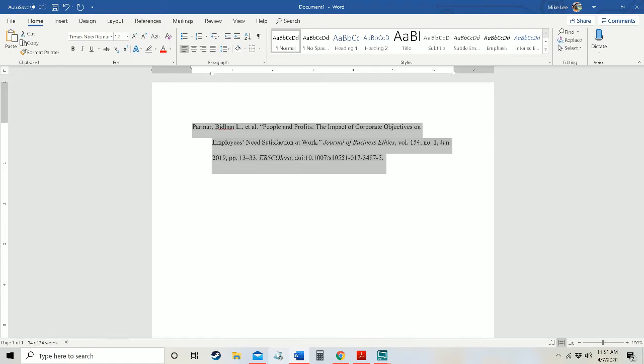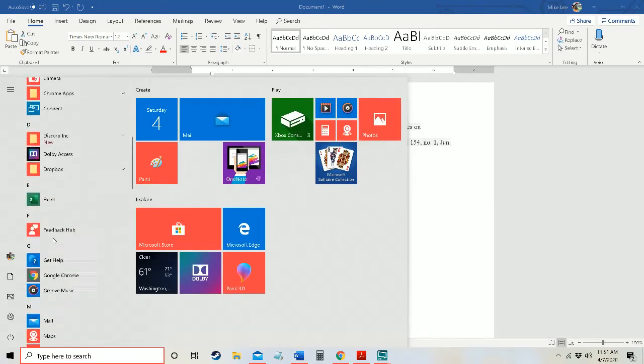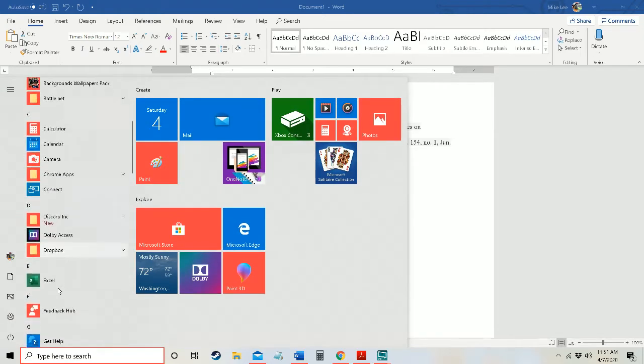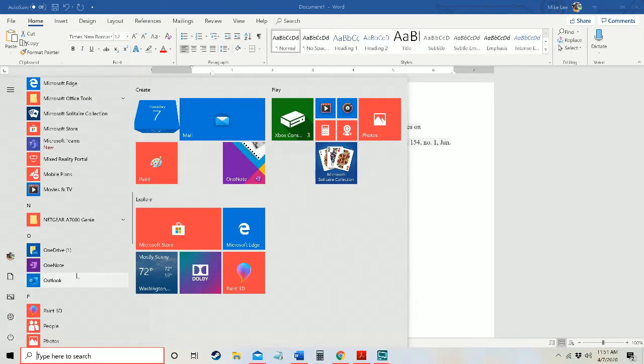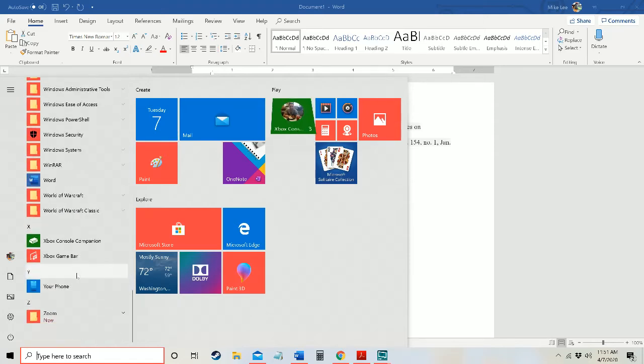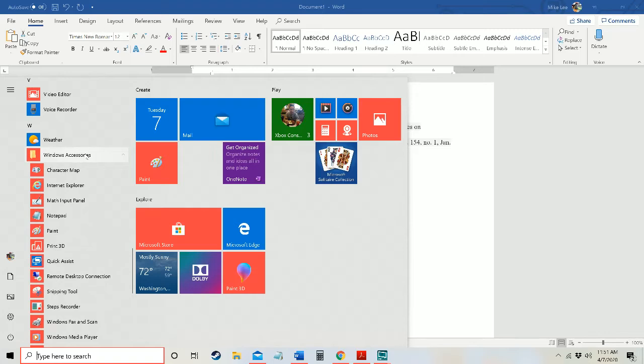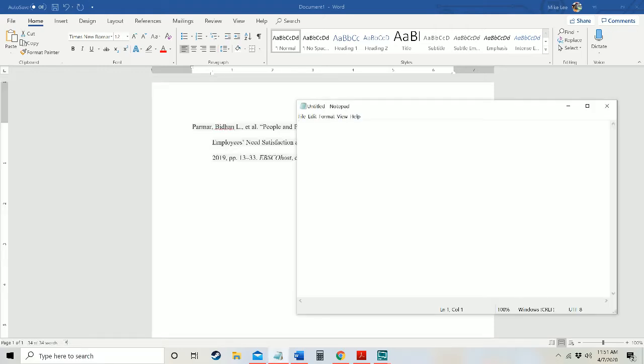I open up Notepad. Now if you have to find that, it's probably all the way down. You have to go to your Start menu, or I guess Windows menu now, and you go down to Windows Accessories. It's if you have Windows. Now, if you don't have Windows, I'm not really too sure how to do this, but you go to Notepad either way. If you're using Apple, is what I'm trying to say, there's probably a Notepad